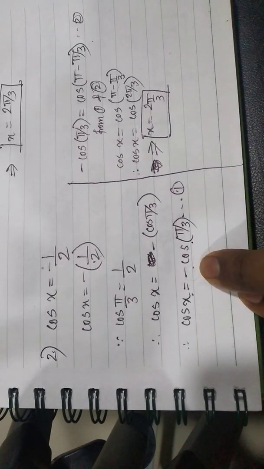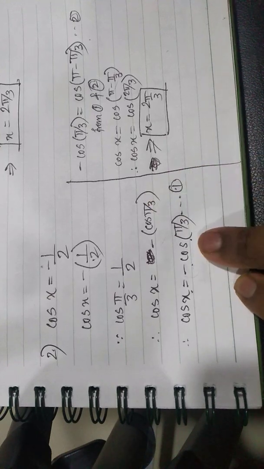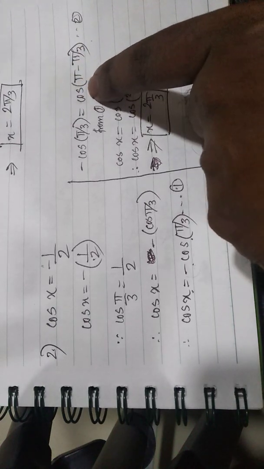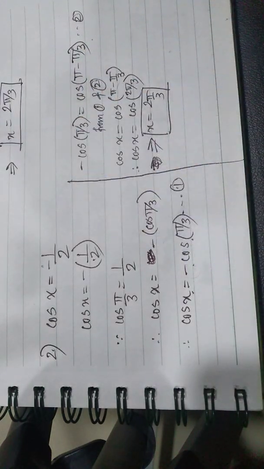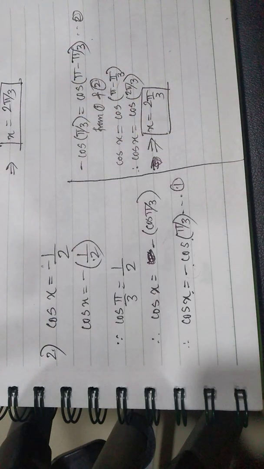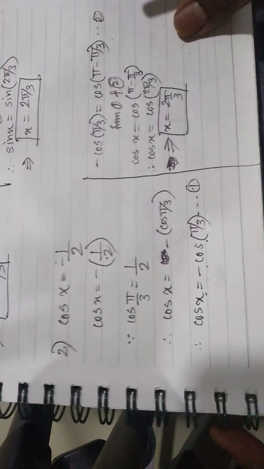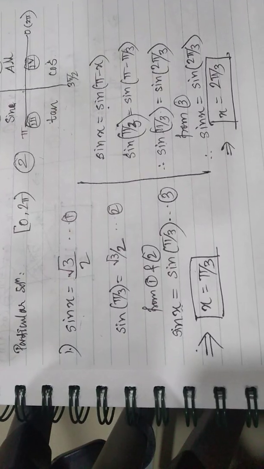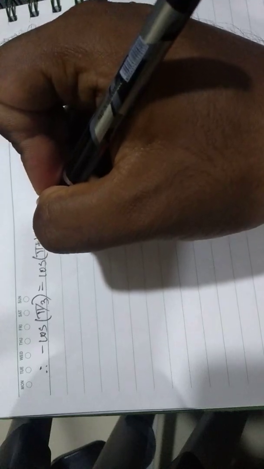So again we will look here, minus cos pi by 3. When will I get minus cos pi by 3? So the first case we discussed, cos(pi minus pi by 3) gave us minus cos pi by 3. So when I take cos(pi plus pi by 3), I will get again minus cos pi by 3. Why? Because pi plus pi by 3 means angle is in third quadrant. Pi plus pi by 3. Angle is going to be in the third quadrant. So let's write that down. Therefore, minus cos pi by 3 equal to cos(pi plus pi by 3).